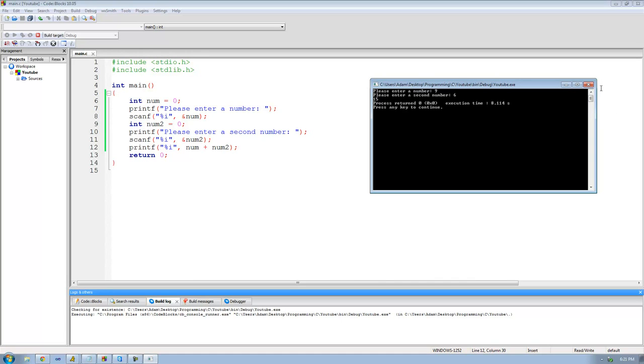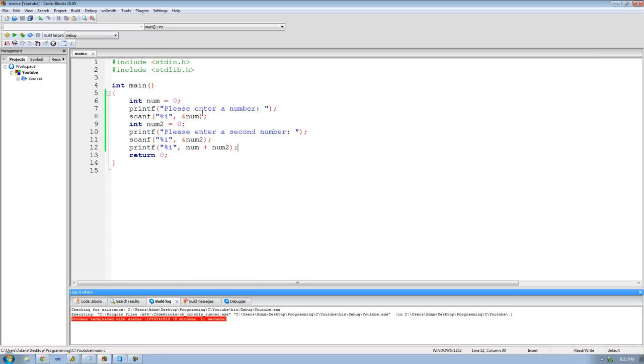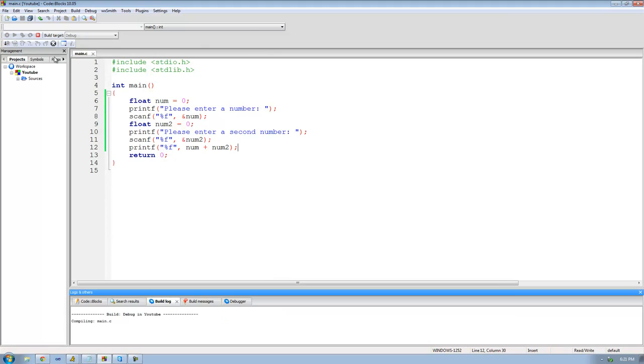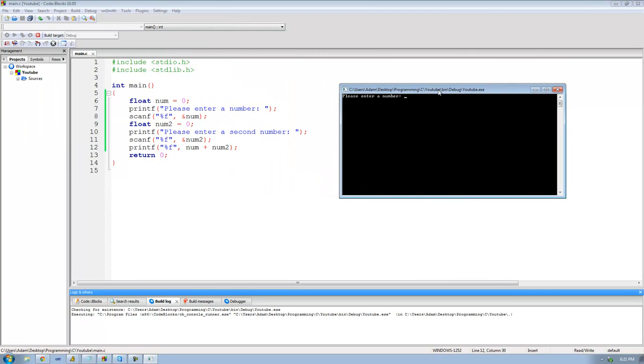Yep, perfect. Alright, now let's go ahead and try to read floats from the console. So let's go ahead and change this type to float, change this type to float, and we need to change this from an i to an f, since we are printing and reading floats. So let's just go ahead and run this again, and now we should be able to enter numbers that have decimal points in them. So let's go ahead and try and add 9.3 to 7.2. Perfect, we got